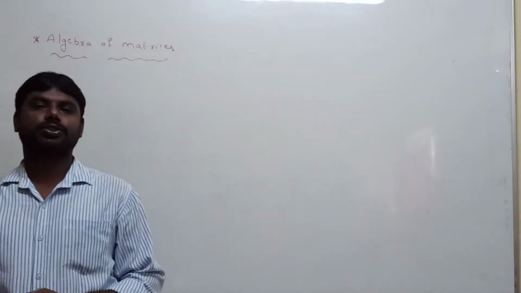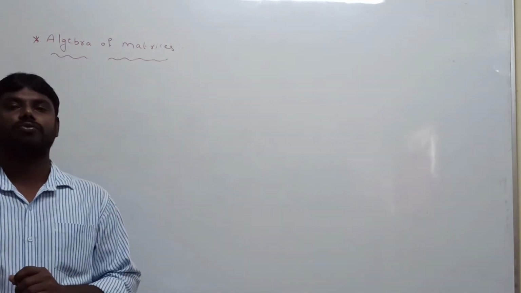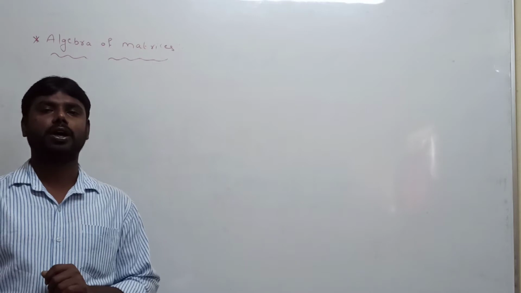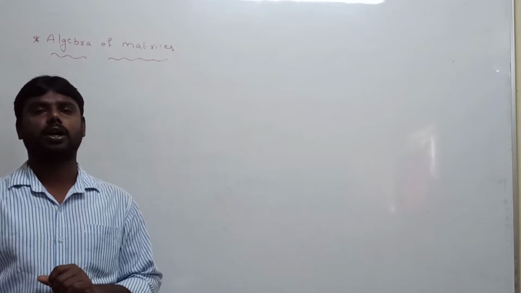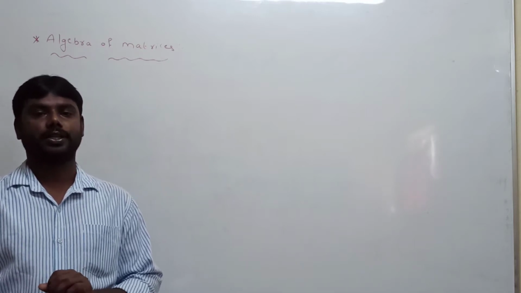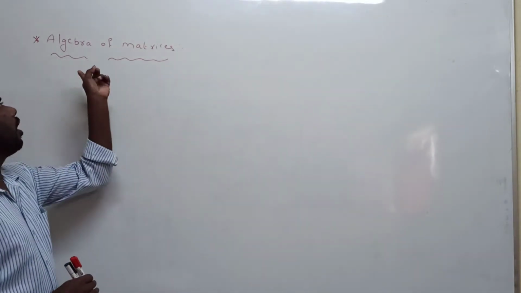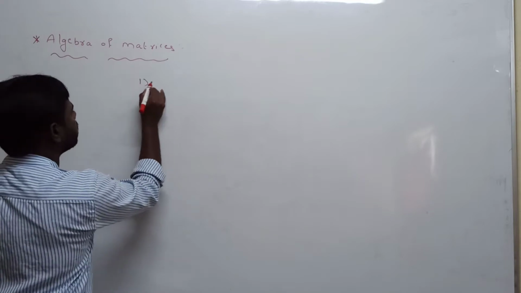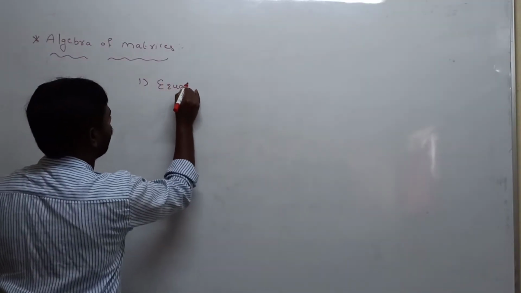The last class discussed the definition of a matrix and the types of matrices. I think everyone understood the definition of a matrix and the types of matrices. Today we discuss the algebra of matrices. First one is equality